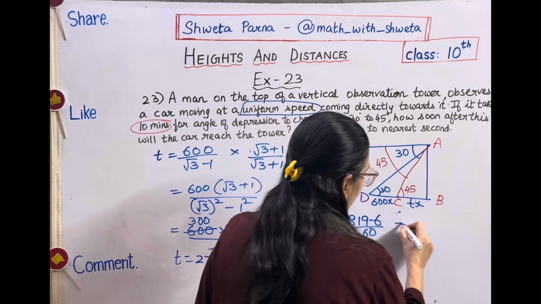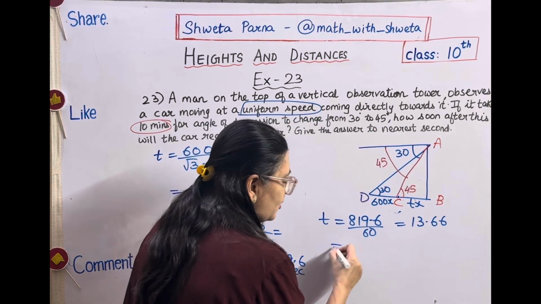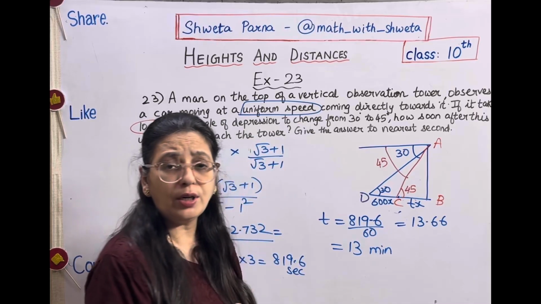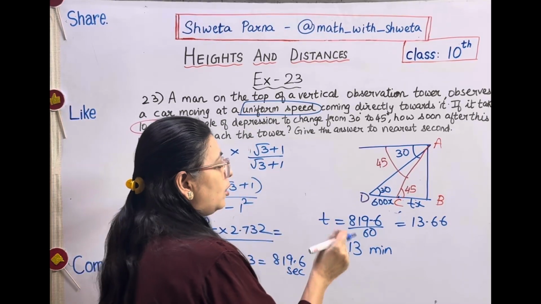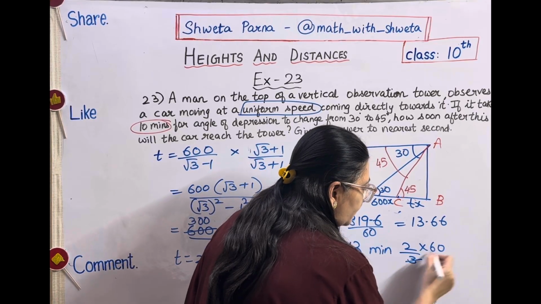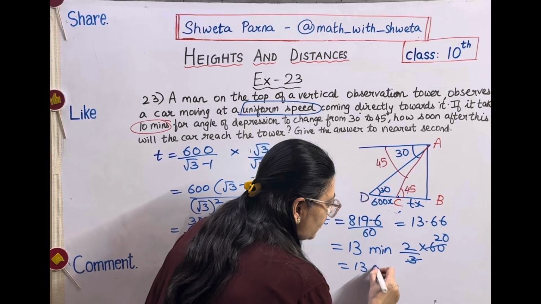So, when you divide it, you will get 13.66. 13.66 means this is 13 minutes. Now, .66 is what? It is 2/3. So, 2/3 of 60 seconds, that means it is 40 seconds. So, 13 minutes